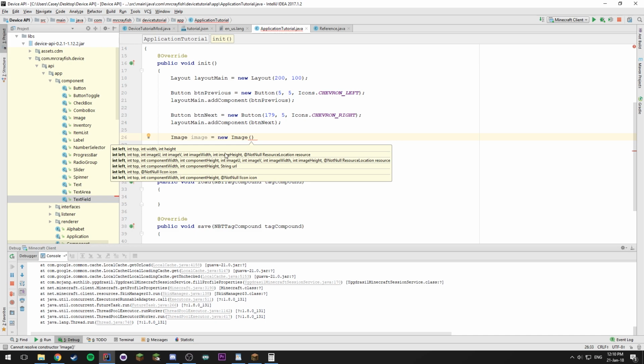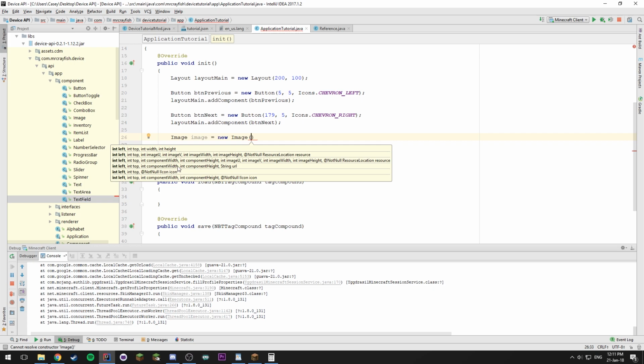This second one here will actually set the width and the height of the actual image to the image's width and height. It's a little confusing. You've got to play around with it to understand it a little bit. I do suggest you play around with it and see how all these constructors actually work. But the one we're looking at today is going to be more this fourth one here,